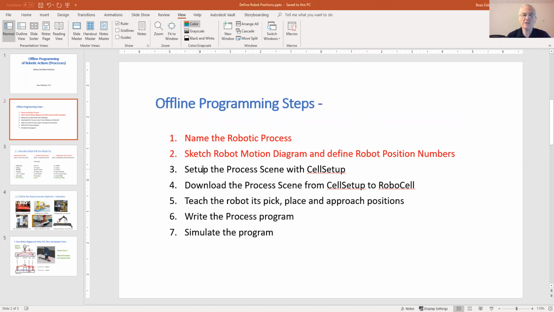The third step is to set up the processing on a software called Cell Setup. We then download the processing from Cell Setup to another program called RoboCell, where we write the program. The next step will be teaching the robot its pick, place, and approach positions, writing the process program, and simulating the program.